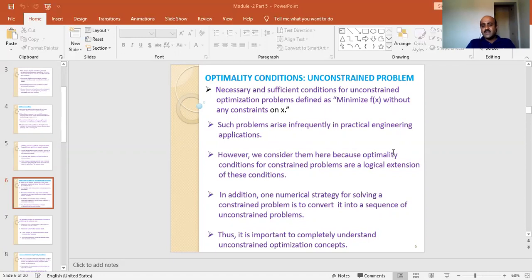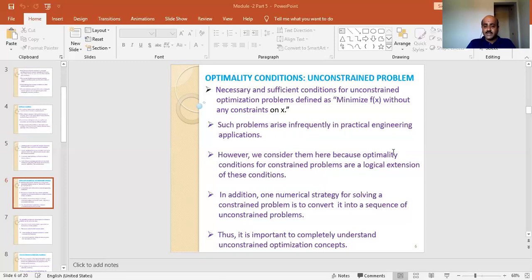So unconstrained means the function does not have any constraint. What we call the necessary and sufficient condition for unconstrained optimization means minimize f of x without any constraints on the domain x. Such problems arise infrequently in practical engineering applications. In the sense, unconstrained problems are very rare. It is very rare you will see this kind of unconstrained problem in our